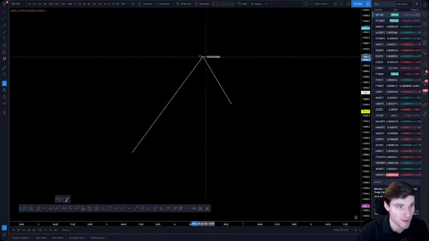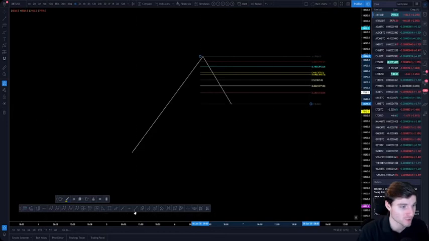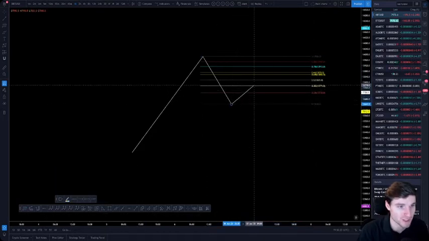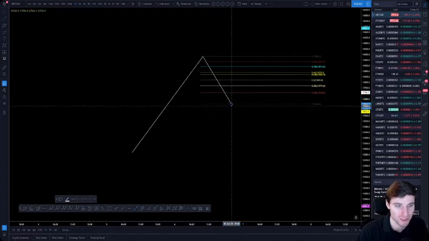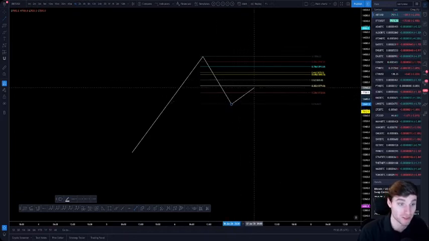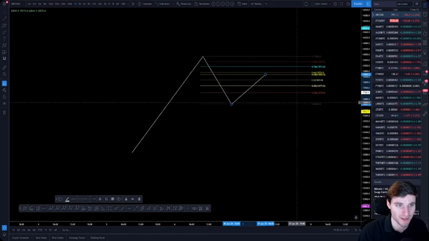But from the highs down to the lows, we're obviously looking for this impulse again upwards. I like to see the 0.5. I do like to see it bounce off the 0.5. If this is a 0.5, I'd like to see the 0.5 continue. But let's just say we get a 618 here, because